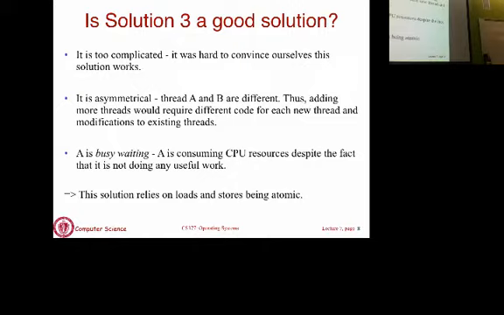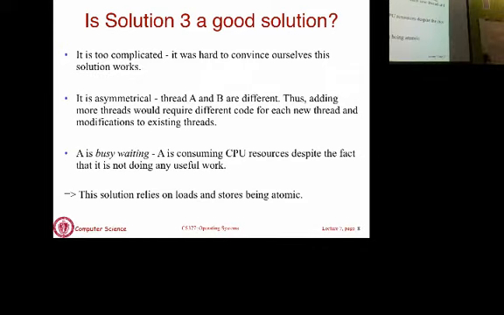Busy waiting is never a good thing. It consumes CPU cycles but accomplishes nothing. It was not a traditional I/O wait where you're scheduled off and you go and wait for something to happen. Busy wait means you're actually waiting but sitting in a loop and executing a null statement, which is consuming CPU cycles. That's not a good thing. So any solution that has busy wait is going to be wasting CPU cycles. You don't want that. Second is the code is asymmetric.